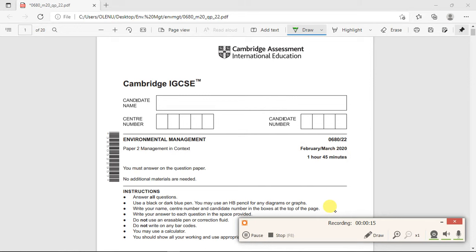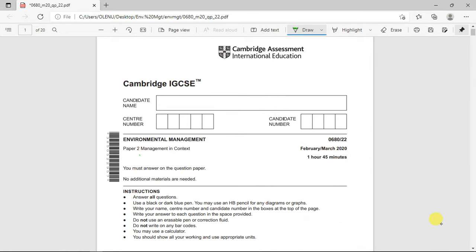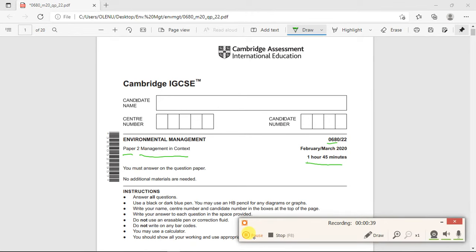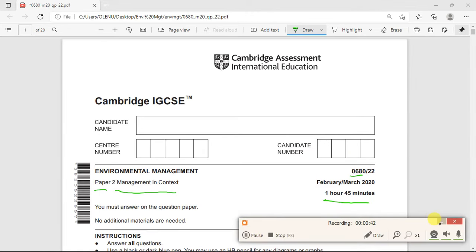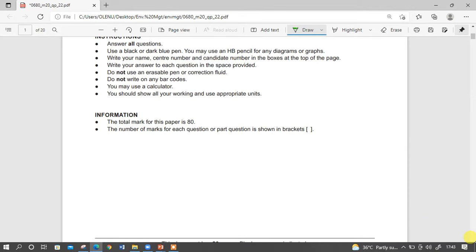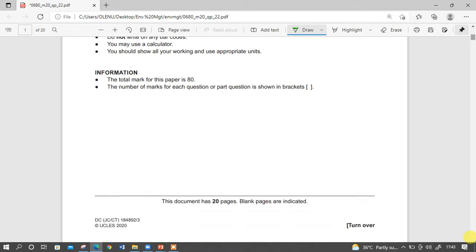We'll be looking at management in context, which is paper two for the syllabus 0680. This paper is for 1 hour 45 minutes. So, without wasting so much time, let's have a quick walkthrough of this environmental management paper, management in